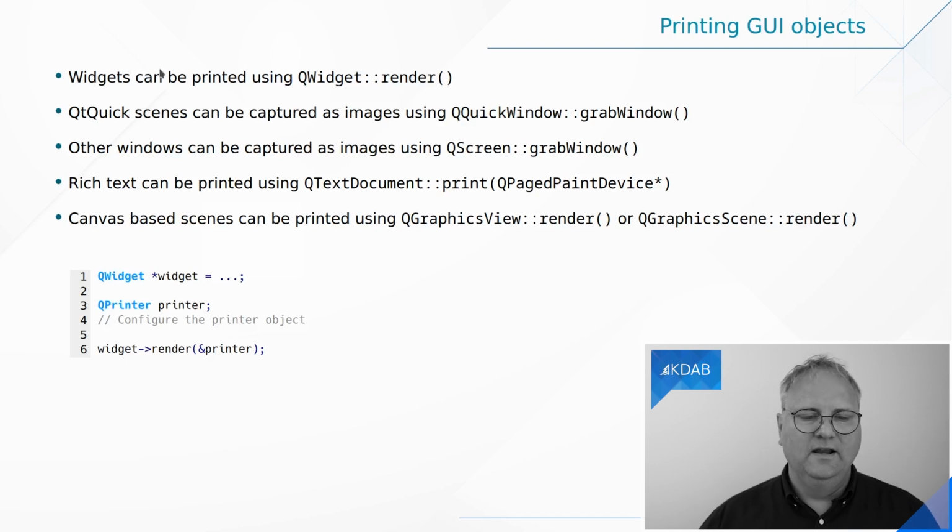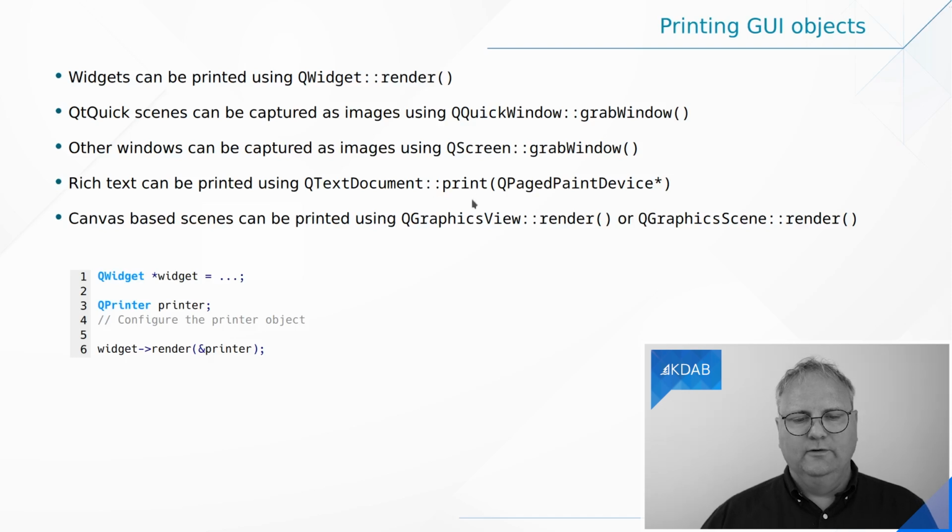Well, okay. Finally, we have QTextDocument print, and this one is taking something in between, not a QPaintDevice or a QPainter, but it's taking a QPagedPaintDevice, and that's important. But let's first see what QTextDocument is. QTextDocument is the underlying data structure for a QTextEdit. QTextEdit, that's a multi-line text editing widget, but you can also set up QTextDocuments yourself for other purposes.